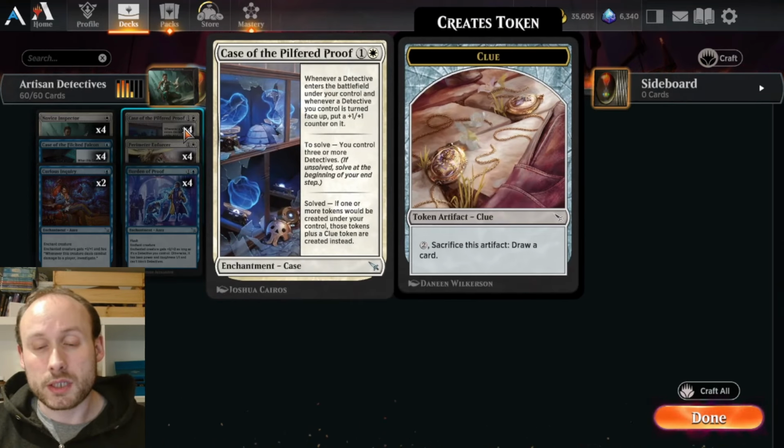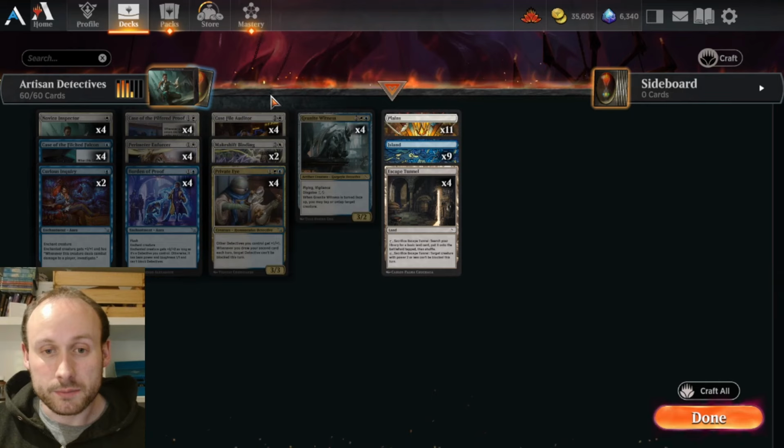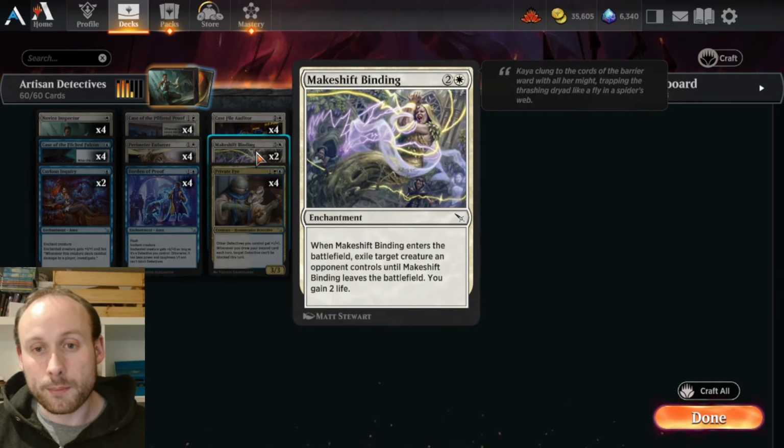It's a 2-mana flash enchantment. The enchanted creature gets +2/+2 as long as it's a detective that we control. Otherwise, it turns an opponent's creature into a 1/1 creature that cannot block detectives. So it works well either way, offensively or defensively. And then we've also got Makeshift Binding, kind of a borrowed time type of effect. It's a 3-mana enchantment. When it enters, you exile a creature an opponent controls, and you also gain 2 life